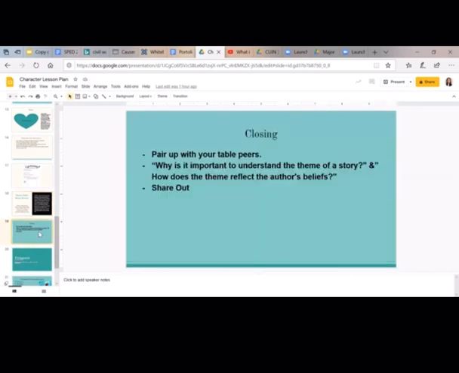And in the closing, I have them pair with their table peers, and they'll be answering these 2 questions. So, why is it important to understand the theme of the story? And also, how does the theme reflect the author's beliefs? So, I'll give them about 3 to 4 minutes to talk with their table peers, and then we'll come back together